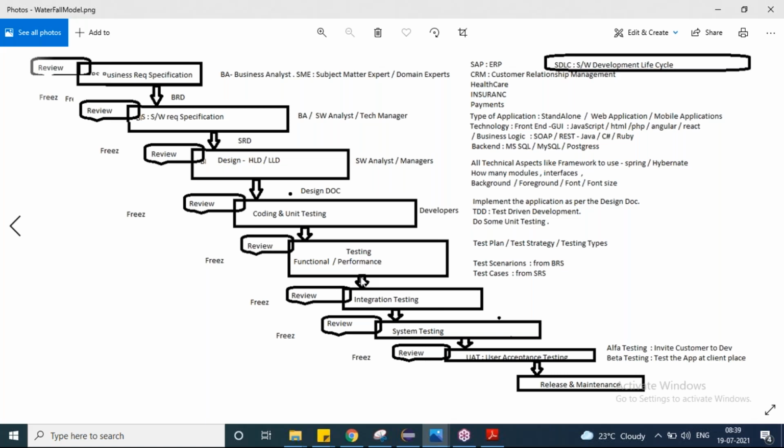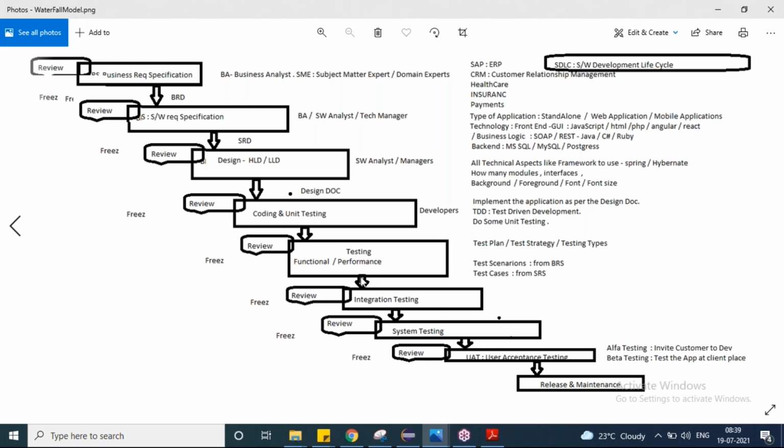Then you have to check your unit test cases again, write the corresponding unit test cases, and increase the number of unit test cases so you cross that 80% border. If you cross the 80% border, then only your code will be approved and pushed, and it will go to the testing team.